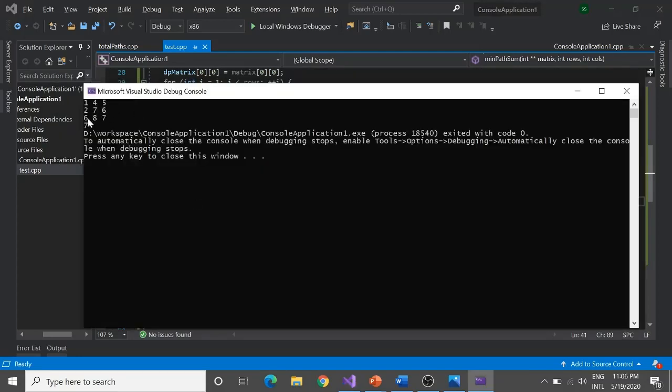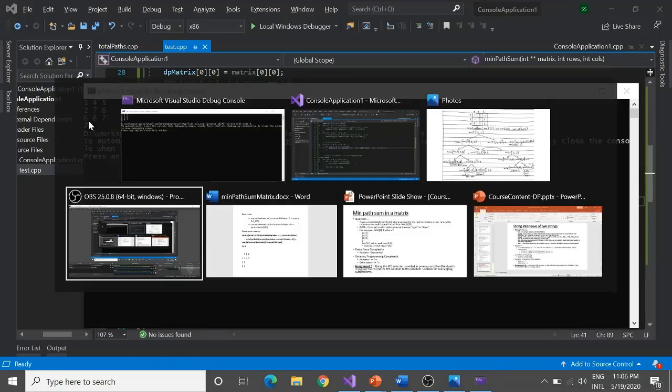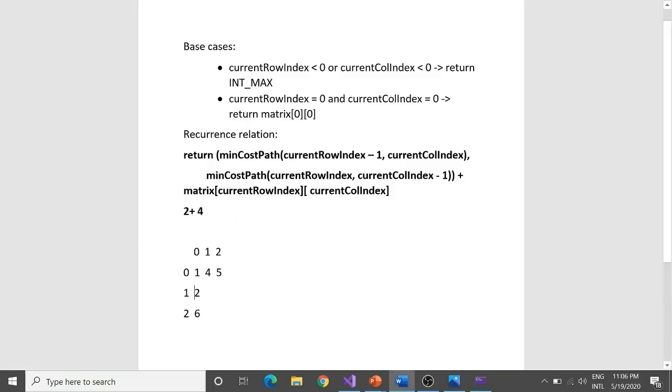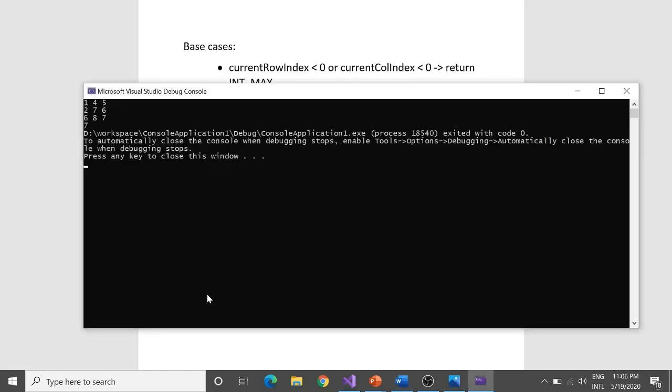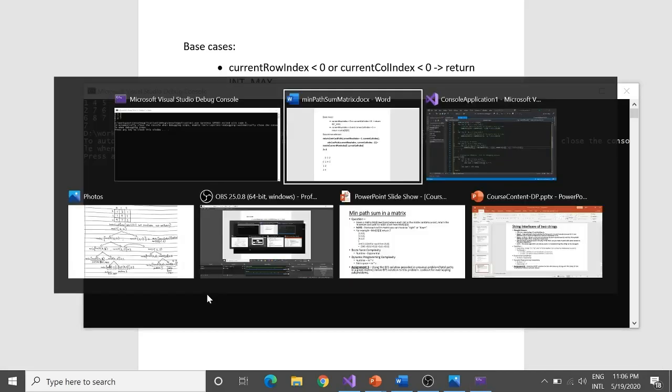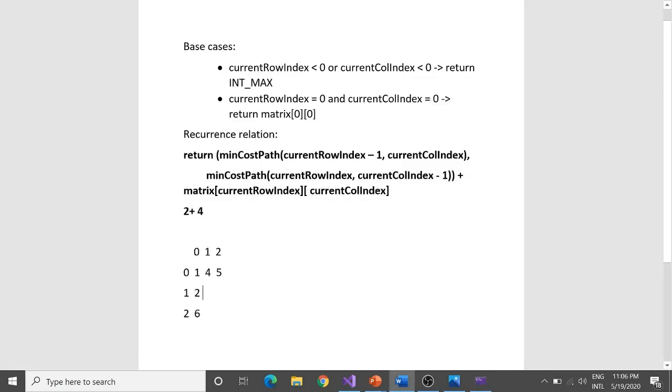So what is this actually? This is 145 and 126. This is the answer to our DP matrix, which we again filled over here. So yes, we can see that our DP matrix, or our base cases, are currently working fine. Now how do we proceed with the other cases?